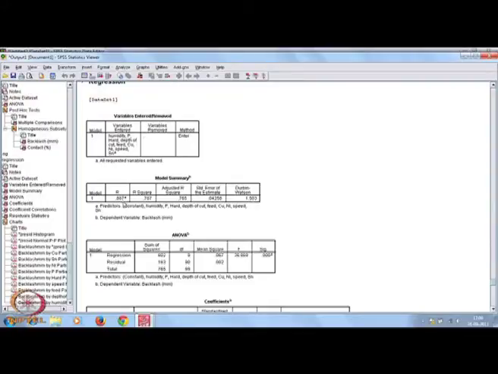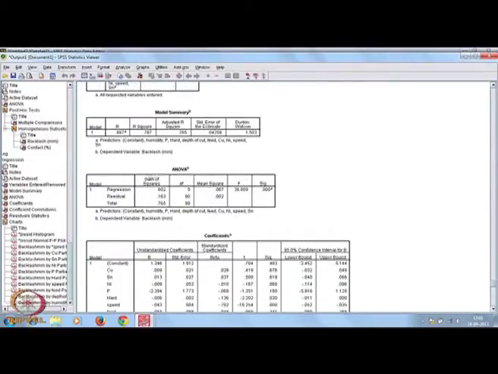What is the R square value? That is 78.7%. I think you can recall my class. There I said that for backlash, 78.7% variability is explained by the regression model, and adjusted R square is 76.5%. Now, see the analysis of variance table is coming here. This table is very important because it tests the hypothesis H0: beta j equal to 0, and H1: beta j not equal to 0 for at least one of the regression coefficients, that is, one of the variable influences is not 0.